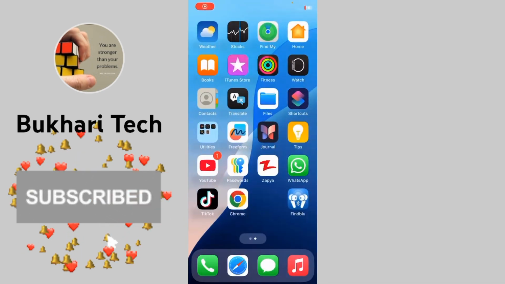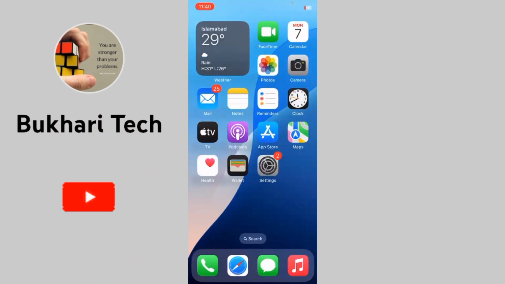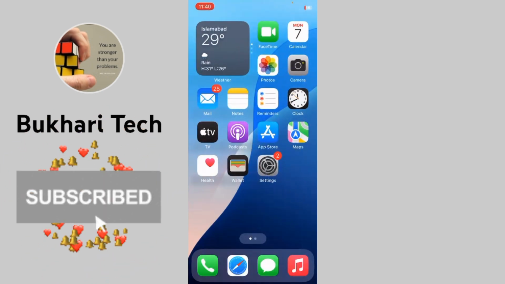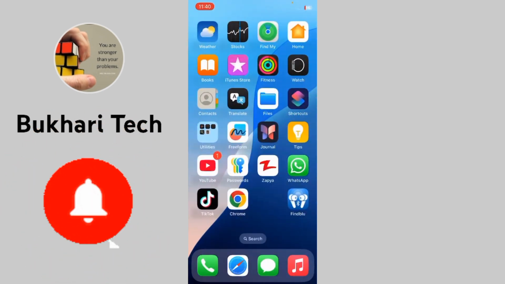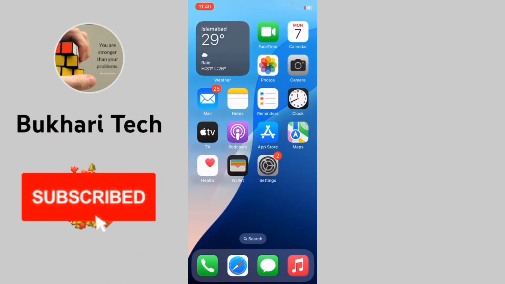So friends, you can see here our iPhone is unlocked without any computer, without any third-party application software. I hope you now know how to unlock your iPhone without any computer, without any third-party application software, at home